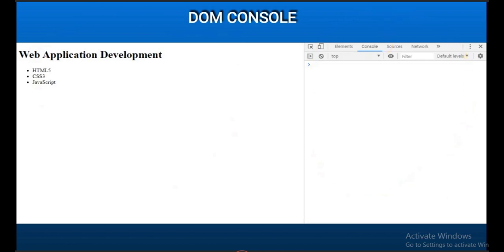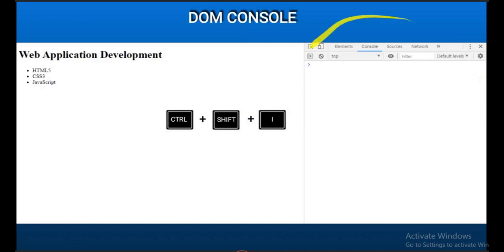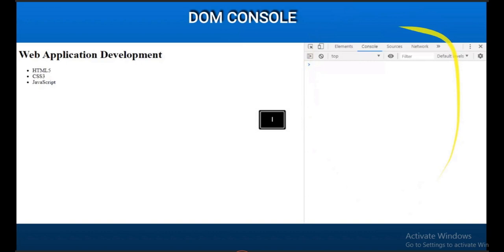We can access it from the browser options, through a developer option on the right side of the browser, or with the shortcut Control Shift I. By pressing Control Shift I in most browsers, like Chrome and Mozilla Firefox, we get this console window. This is called the developer console, and we can use it to practice JavaScript code.